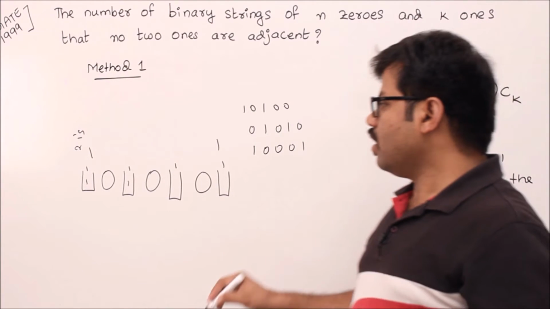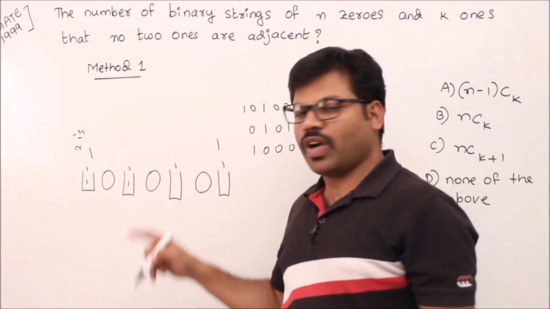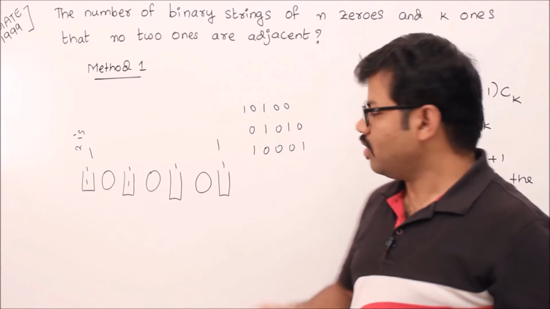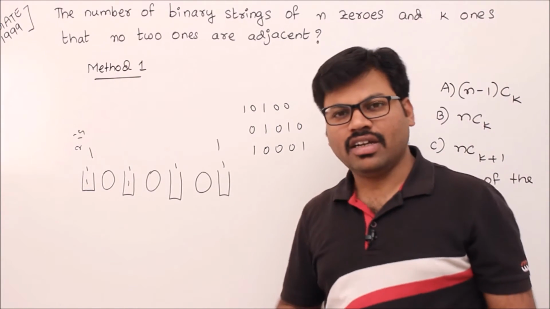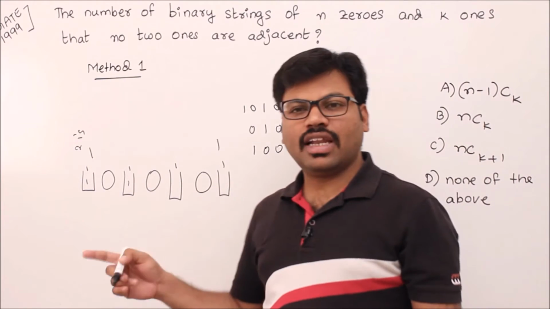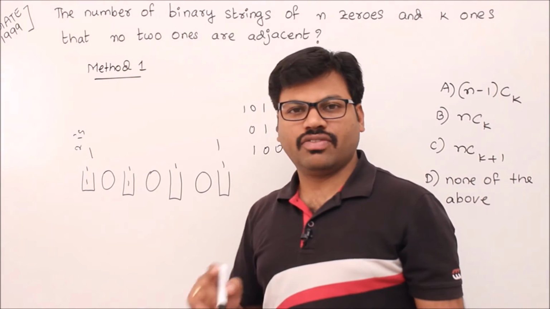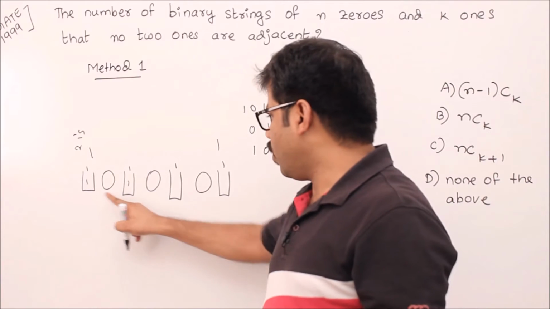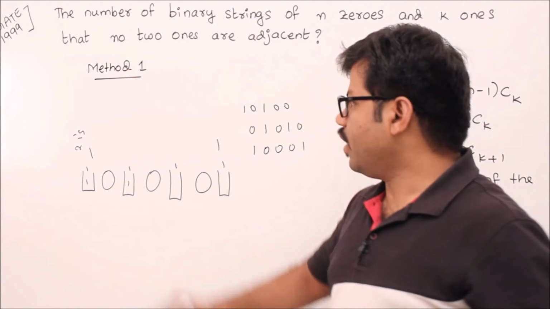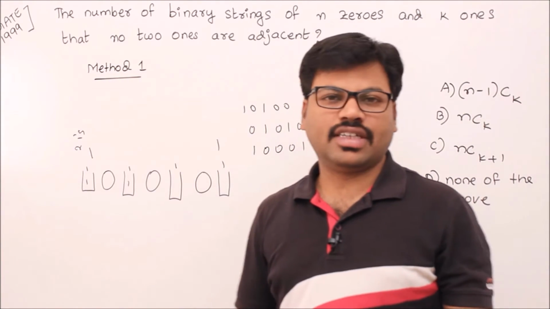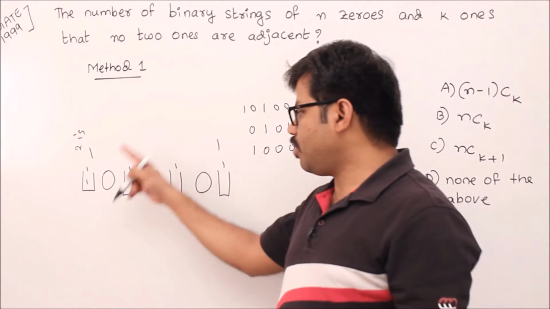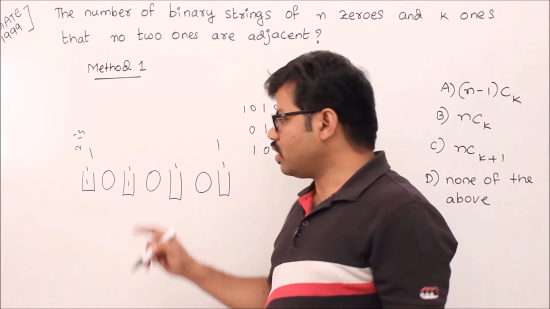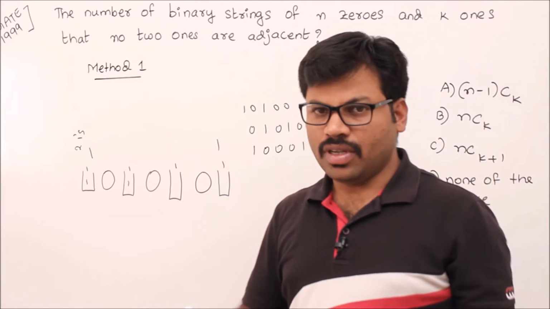So finally, how many different ways can you arrange the ones in these chairs? That is the solution, right? How many different ways can you arrange ones in a line in these chairs? We'll see that. For that you have 1, 2, 3, 4 chairs and 2 ones. Then select 2 chairs and arrange the ones. Then it's a selection problem, isn't it? So 4C2 is the answer for this problem.